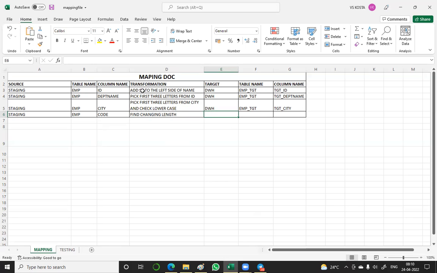And the target is called, see, transformations, what I am doing here. See, in the first case, in the first source table, for the employee ID, what I am doing is SK is the letters I am adding to the left side of the name. It means for the ID I am adding SK to the left. Why? Because there are some cases like we have seen, surrogate key, like primary key, foreign key. Surrogate, in general terms you can understand it like a surrogate father. Generally, the mother will have some biological relation with